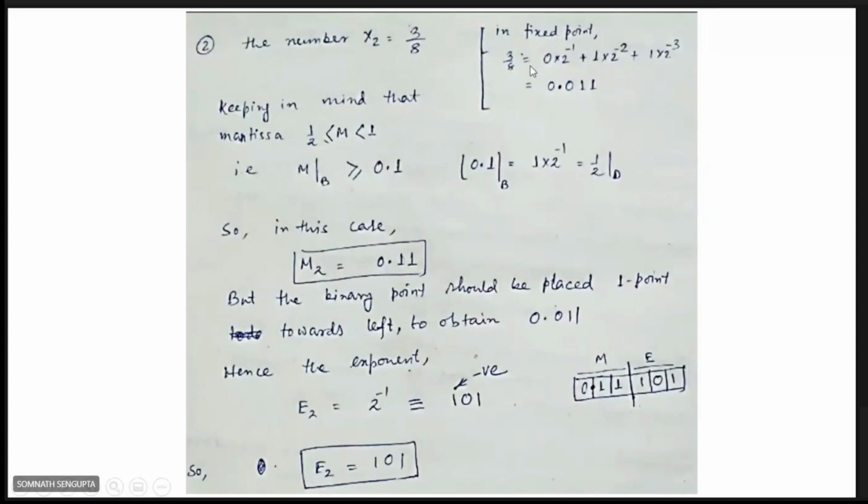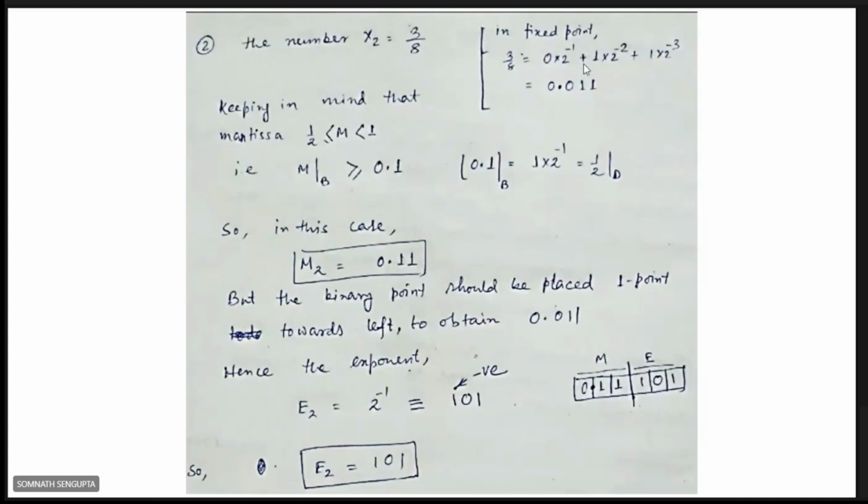So in fixed point, 3 by 8 can be represented as